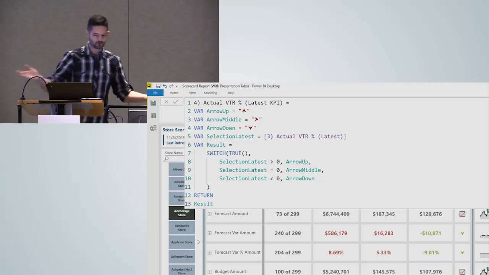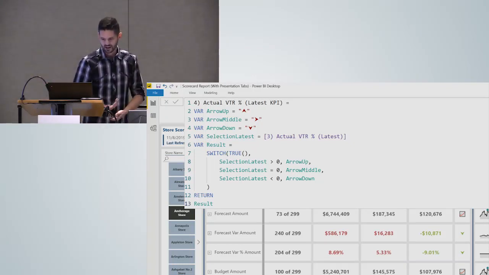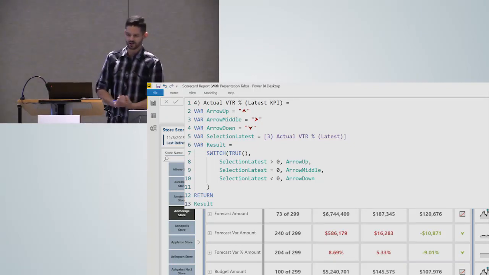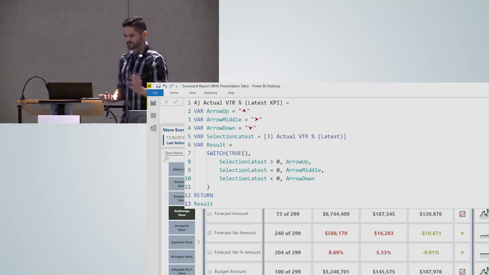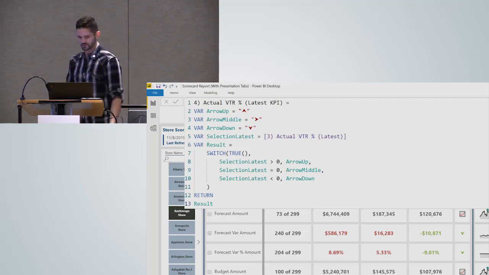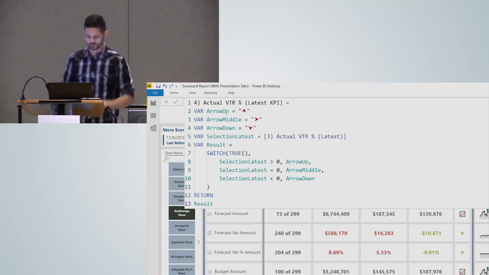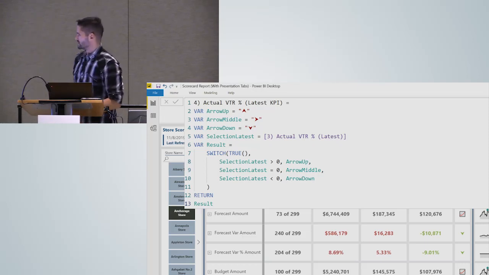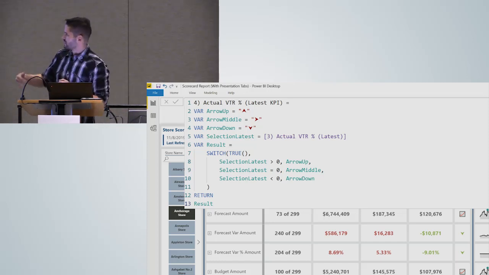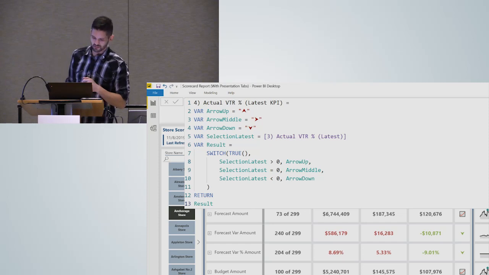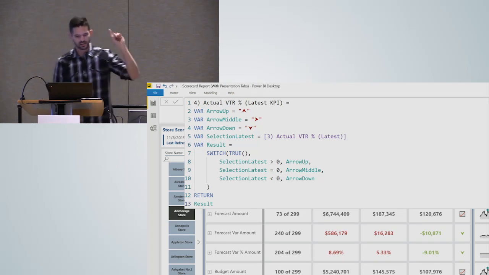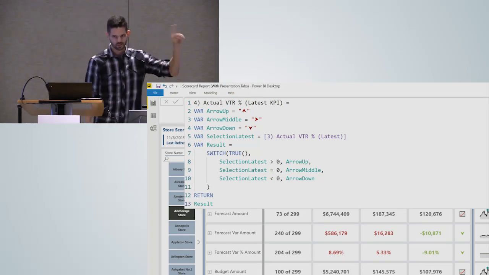And it's even more readable now, with lots of variables declared, and actually a couple of new techniques that I want to point out in here. You'll see at the top, I have declared 3 different variables: up, middle, and down. So standard KPI, up, and neutral, and a negative value. In this case, I'm just declaring the variable that I want to look at, which is the one previous metric that I just walked through. And then just a nice, clean SWITCH TRUE statement down here at the bottom. And I've already talked about the fact that variables can increase readability.